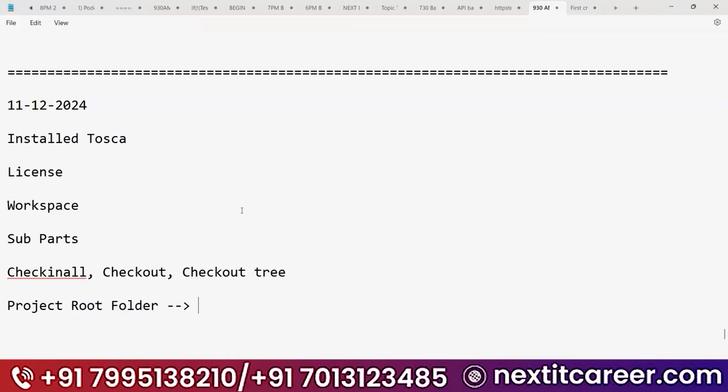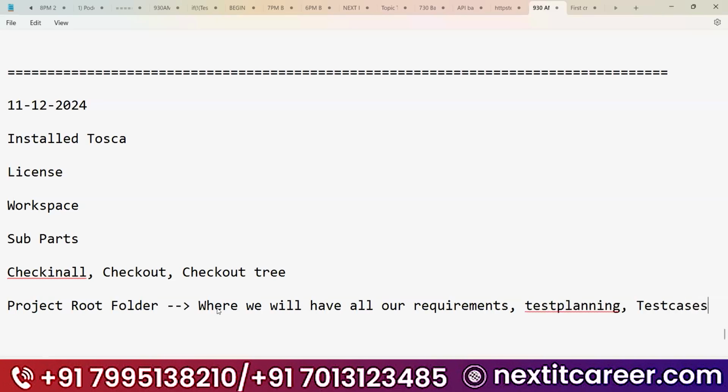But you have one project root folder where we will have all our requirements, test planning, test cases, and all other sections in one place.